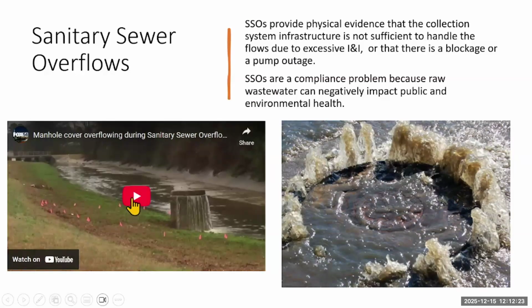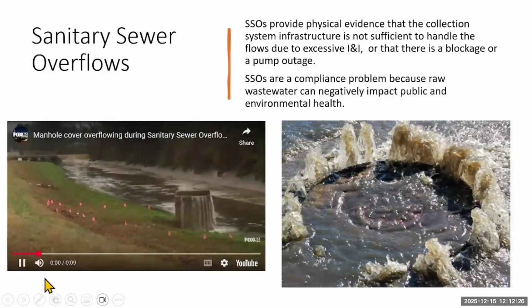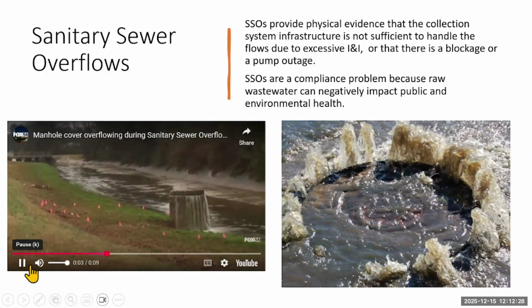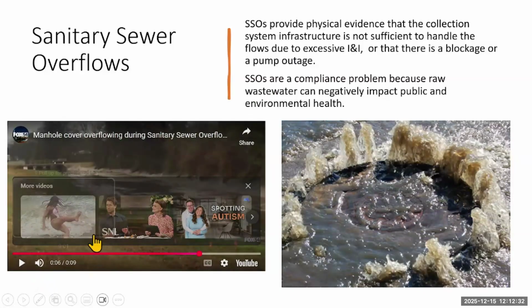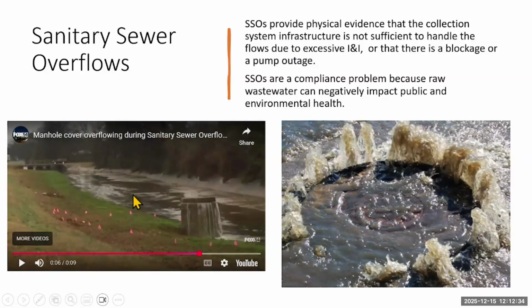We've got a short little video to show. As you can see, water is coming out of this manhole, and it's entering this little stream or ditch, river, whatever we have here. And so that's directly impacting that. Now that could go to a lake, and there could be a beach or something like that, or it could go to where there's a drinking water intake of sorts.